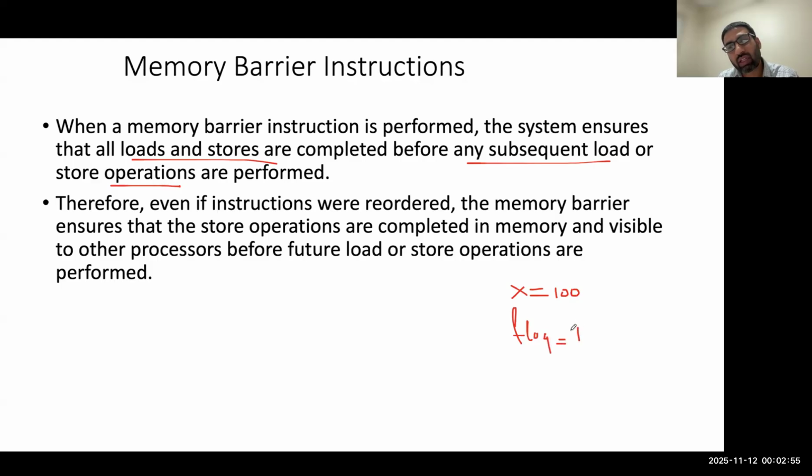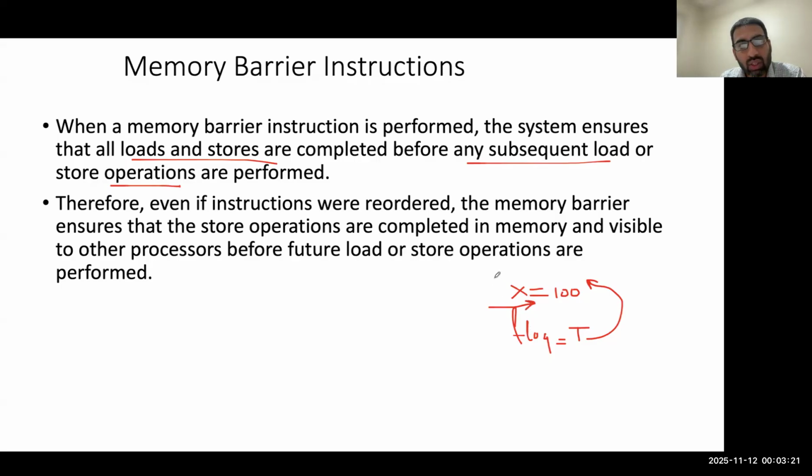I'm just writing T for that, right? So now what was the problem? The problem was that the compiler was reordering the instructions such that flag was executing before the statement x is equal to 100, right? So if we use the memory barrier and we put a barrier here, then what we are saying